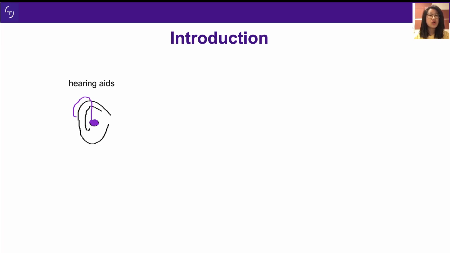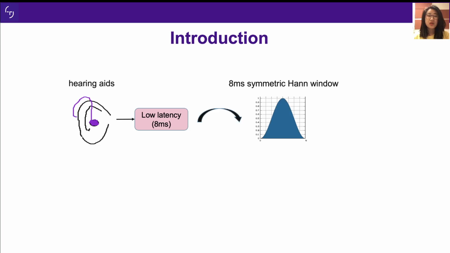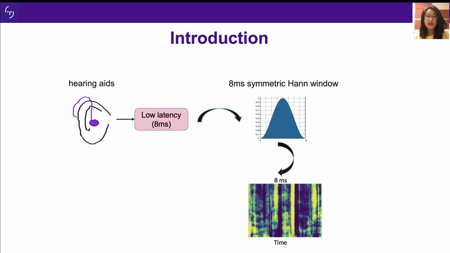As we all know, for applications like hearing aids, it is very important to have the latency as low as possible, and studies have shown that 8 milliseconds of delay is desirable for people who suffer from hearing loss, which also restricts us to using an 8 millisecond symmetric window in speech separation systems. And if we use an 8 millisecond window length, and during this